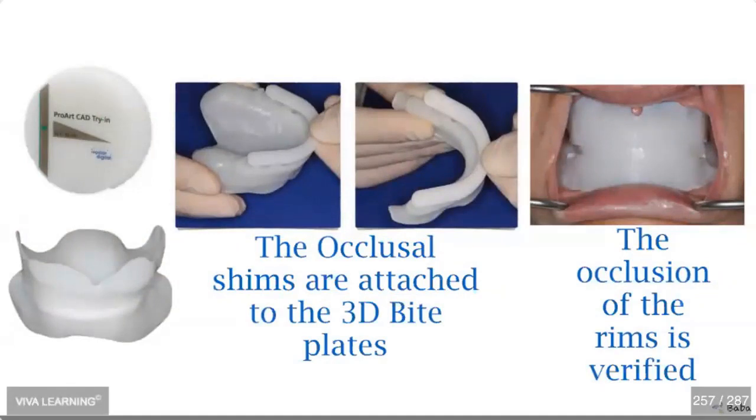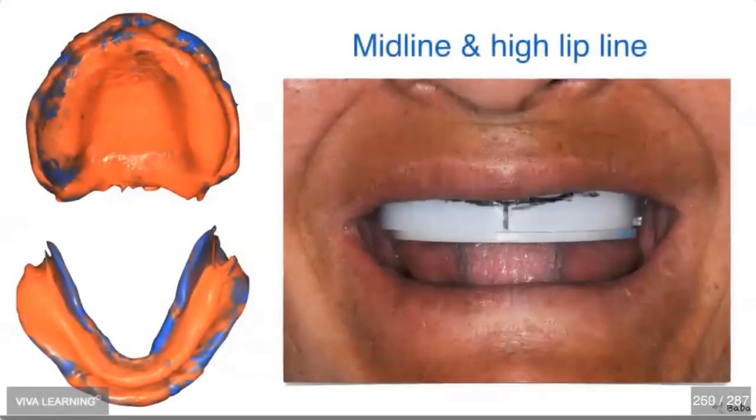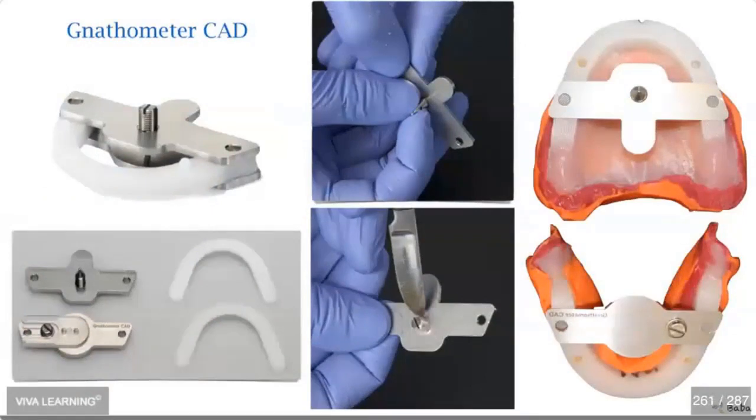So what you want to do is try them, check the occlusion, check the vertical dimension, and then apply adhesive, do a border molding and a definitive impression. Then you're going to put them in the mouth, the maxillary one in the mouth again, check the midline and the high lip line. Then you're going to take the gnatometer CAD, you're going to attach one part to the maxilla, this one